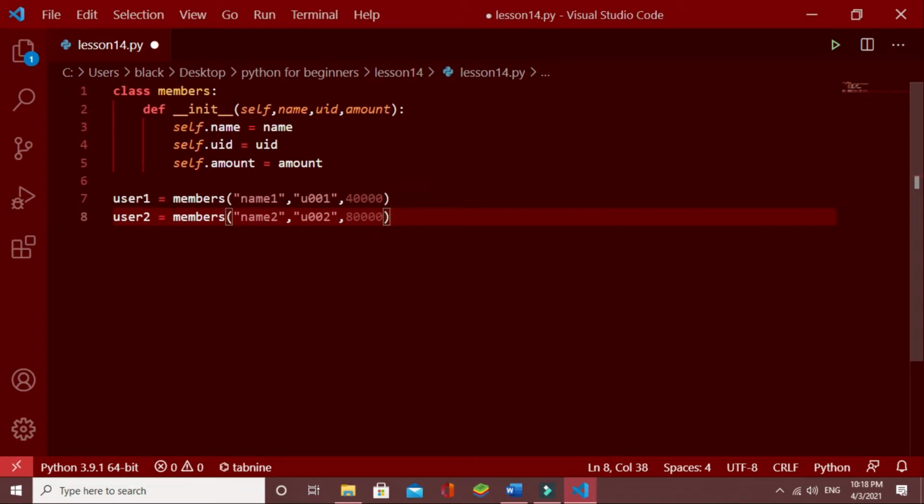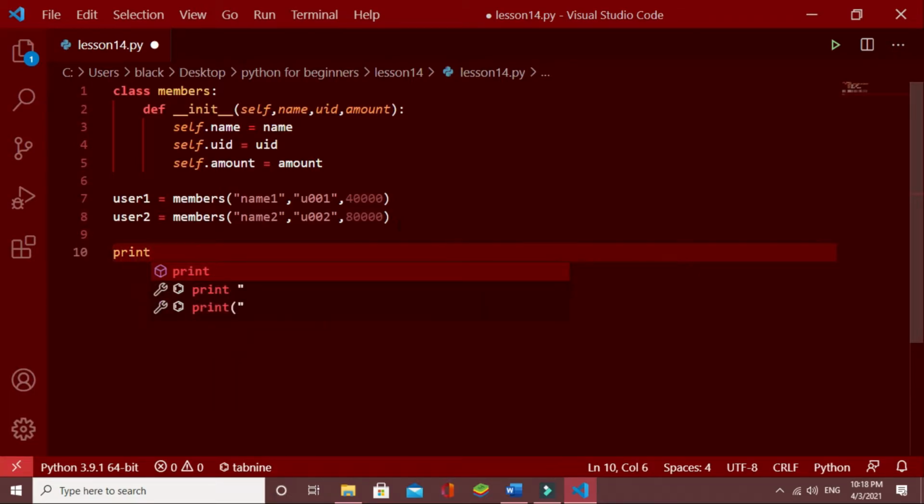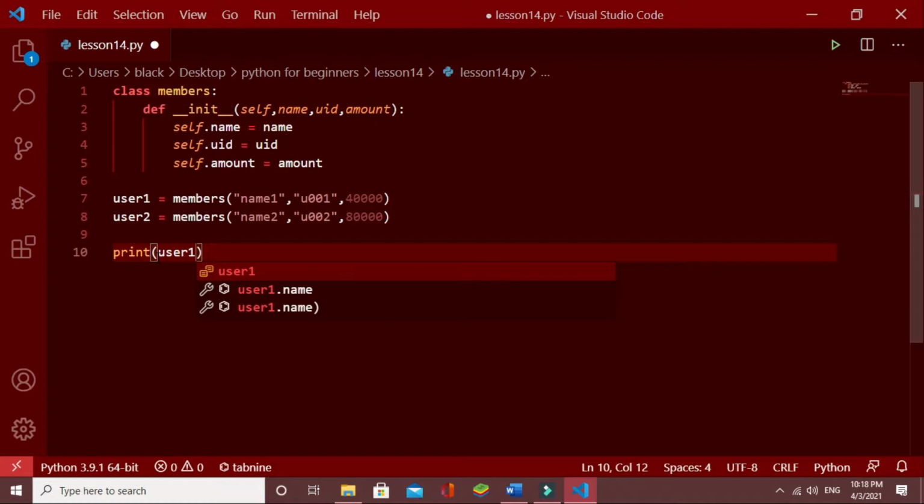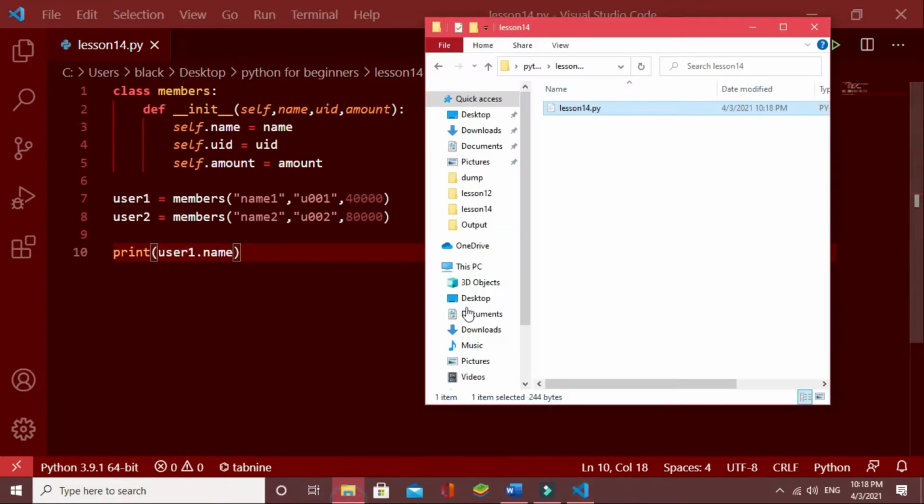Now let's say we want to display these properties to the user. To do that we can use print. Let's say we want to print the name of user1. Type user1 dot name. This name is the property and this is the object name. And let's run this and see what will happen.